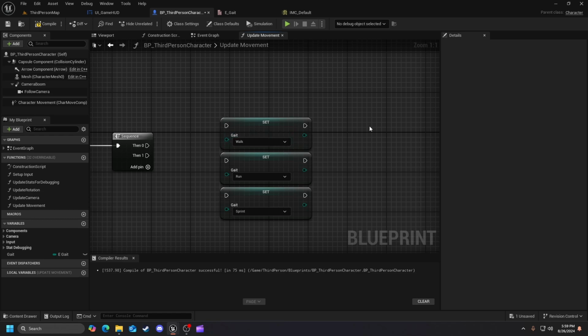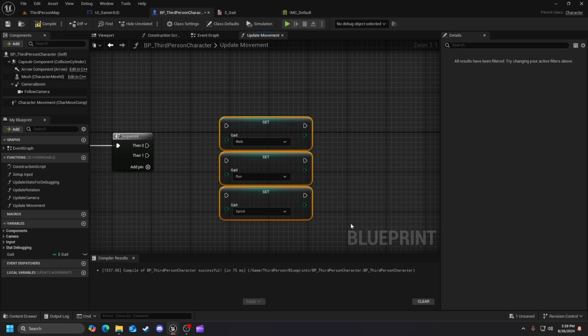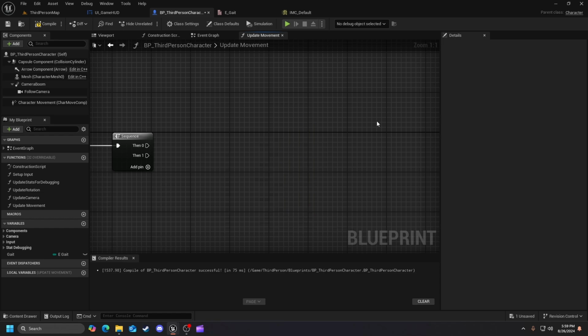So then you could set it somewhere else where it's like, so when my speed is this, perform a walk gait, or do the gait here, stuff like that. And this is very useful for animations and whatnot. So in saying that, we're going to be setting that in our character blueprint, which will then help us later in our animation blueprint. I still have not made it over to the animation blueprint with our research, but this will definitely help us in what goes on over there,